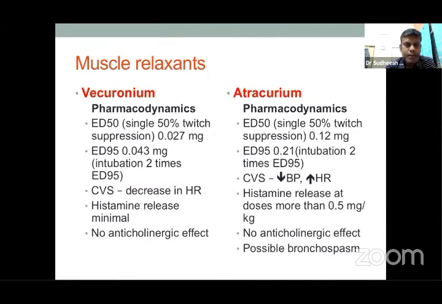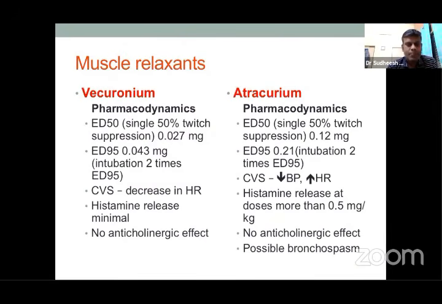Now the pharmacodynamics. One of the common questions asked is, what do you mean by ED50 and ED95? ED50 is a reduction of 50% in the height of a single twitch following drug administration. Once you give the drug, after some time you test for muscle contraction by the single twitch method. A 50% reduction in the twitch is ED50, and a 95% reduction in the single twitch response is ED95. This is basically required to quantify the effect of the drug, and the intubation dose is 2 to 3 times the ED95,